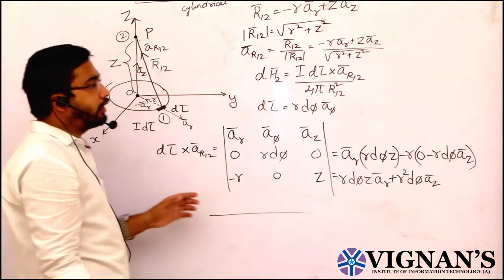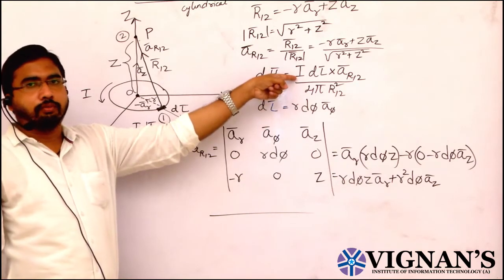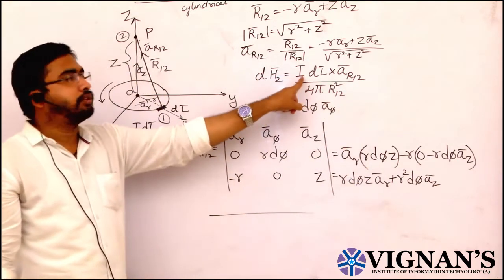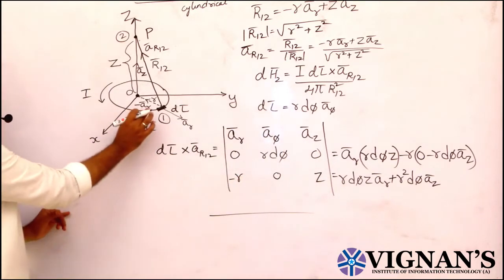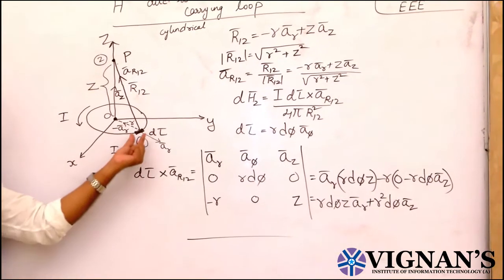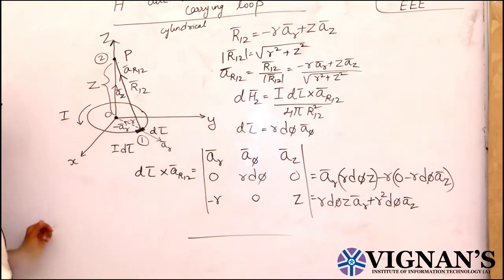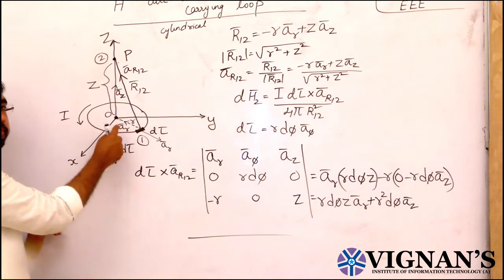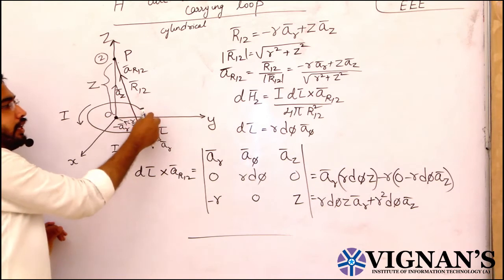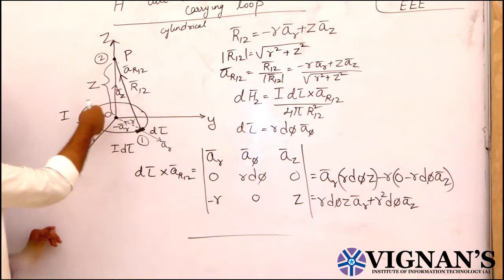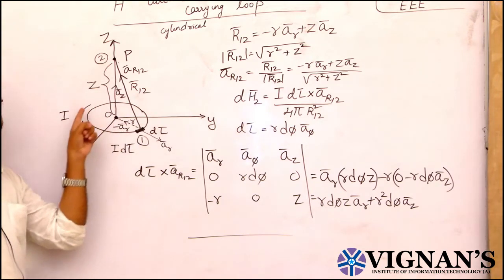Okay, so here this determinant value can be substituted in this formula. This value we can substitute here, and here we should know one concept. Already we are considering a differential length dl. The differential length dl will create a unit vector minus aR bar towards the origin. Similarly, the number of dl bars which you are covering in this circular path, if you add all those dl bars, then that will give the total length.